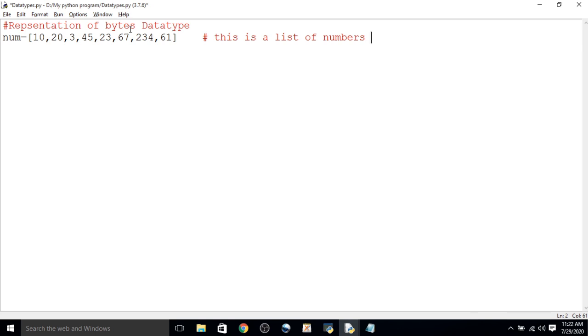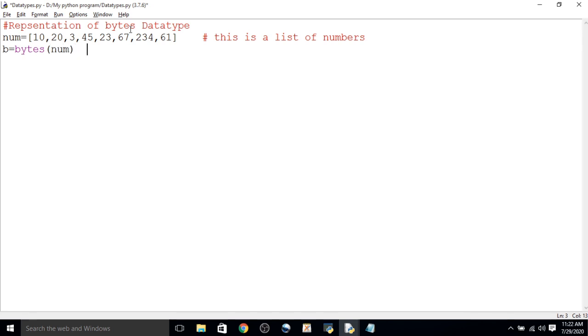Now we have to convert that list of numbers into a bytes data type. For that we have taken a variable b equal to bytes of num. So b is a bytes data type. Now it becomes bytes by using the bytes function, bytes of num.